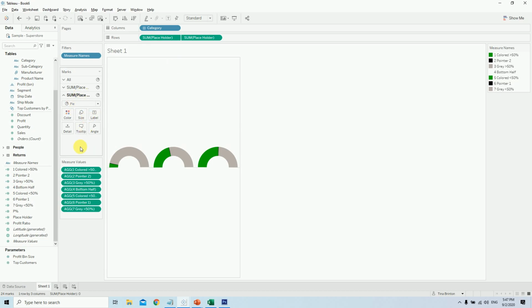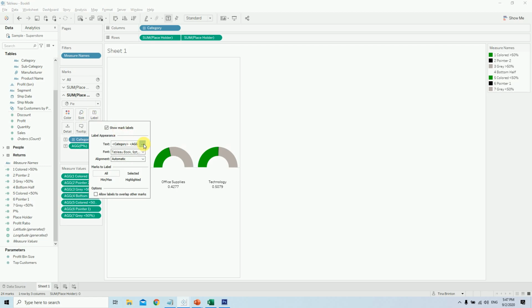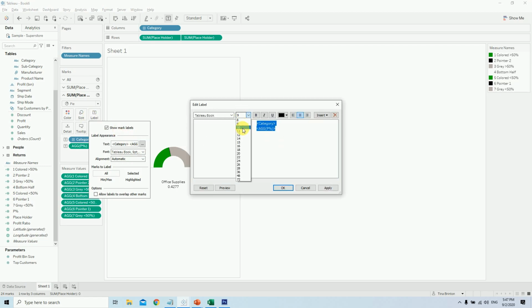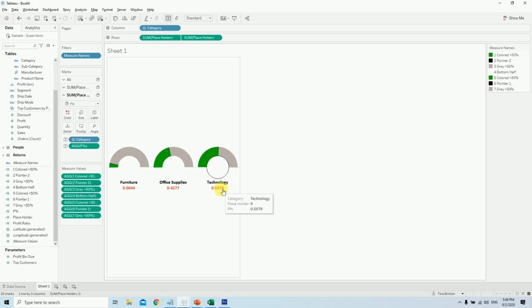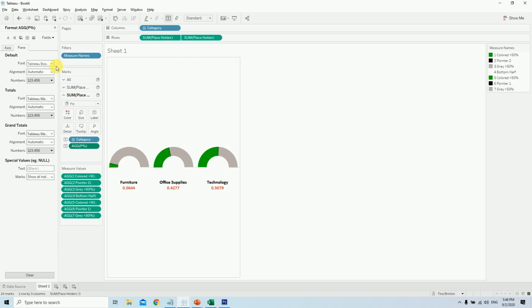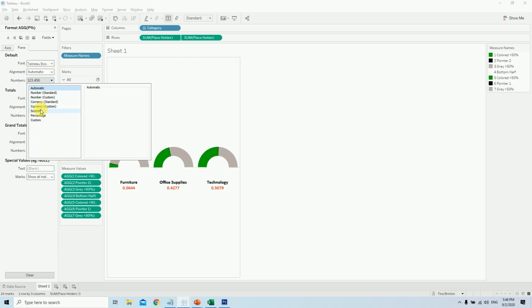So the second gauge area. Here I will add the category into the labels, and my percentage into the labels as well. I'll go into the edit mode, and then I will change the font to 12 and any font style you want. Make it bold, italic. It's up to you how you want to present the percentage. If you want, give any other color, it's up to you. And the numbers are not formatted as percent. So then you can right click here and say format. Under the format you will find the number format, go to the percentage, and that's all.